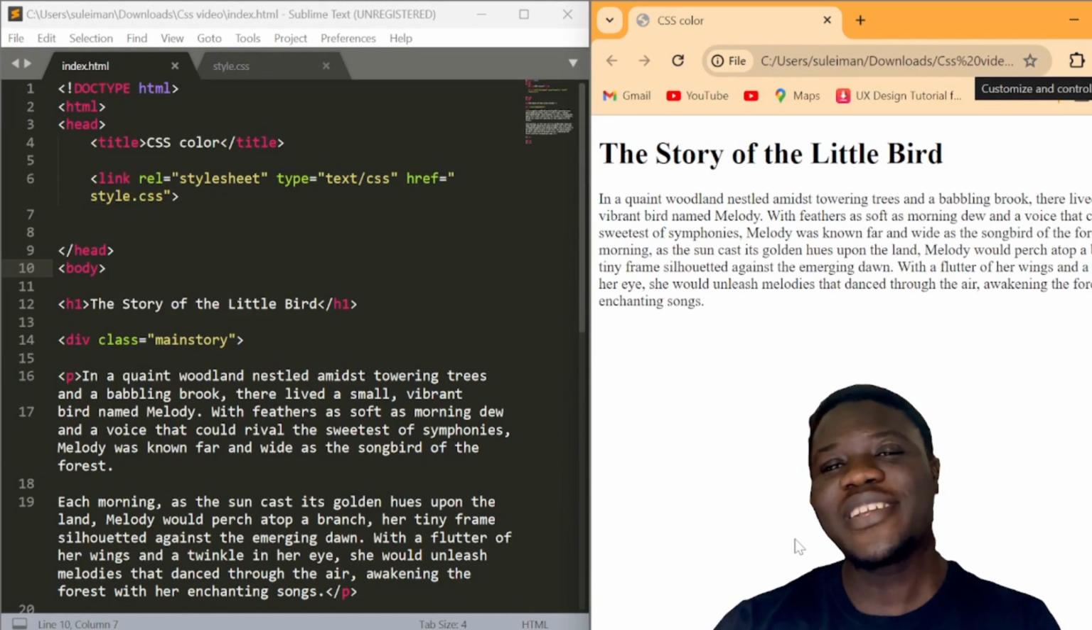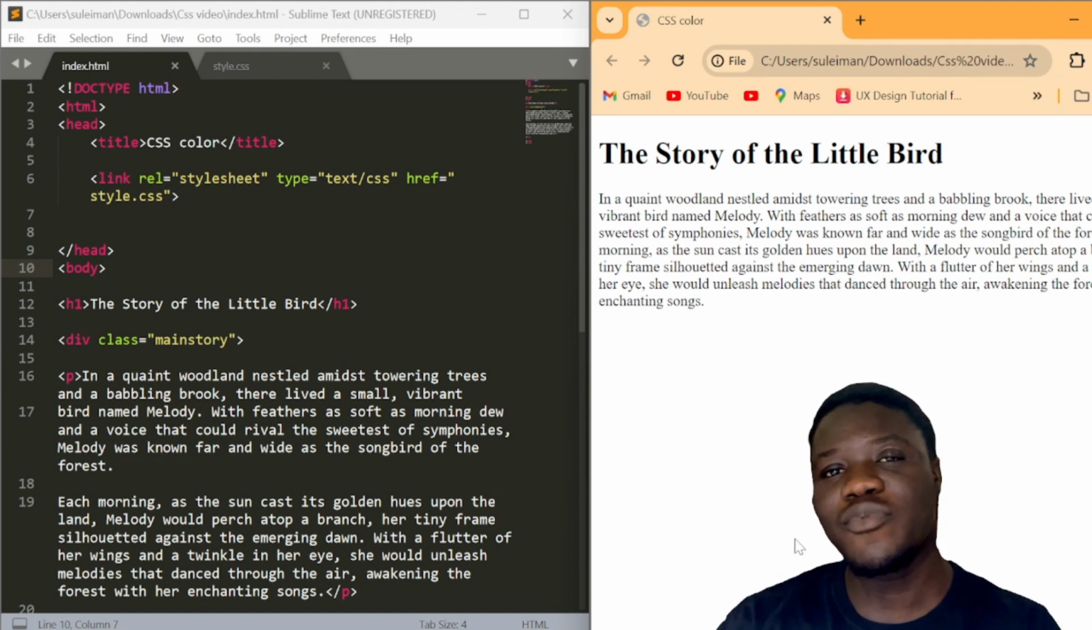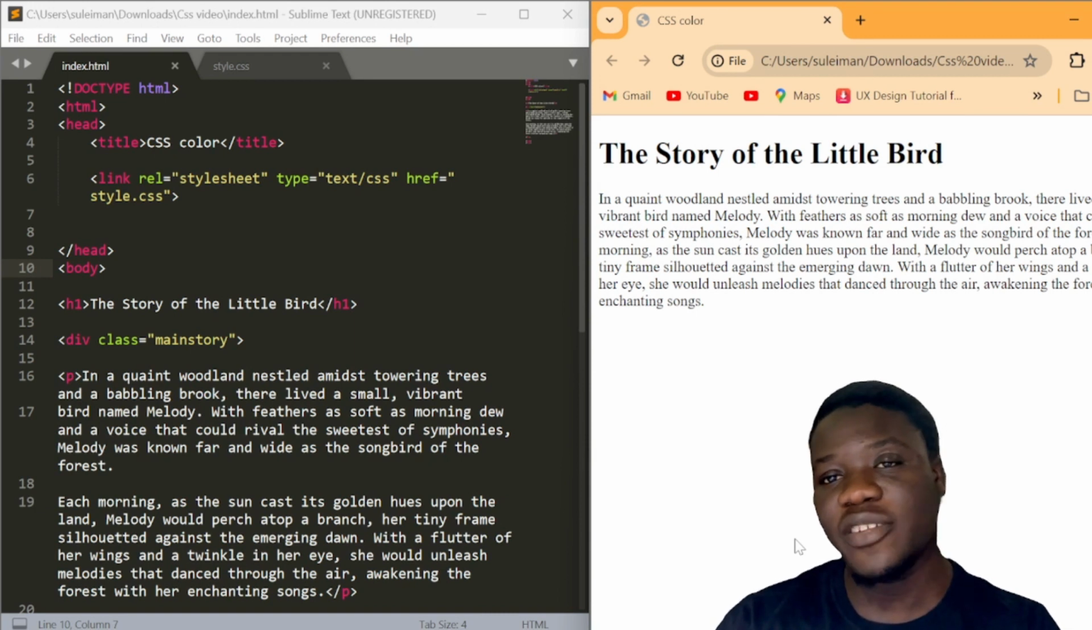Barkanku, a cikin wannan tutorial ɗin zan yi magana akan colors a CSS. Colors yadda muka sani muna amfani da colors domin mu yi beautifying ɗin website ɗinmu. Muna iya amfani da colors a kan text ko a background. So a cikin wannan video ɗin zan yi magana akan type of colors kuma yadda za ku yi applying ɗinsu a